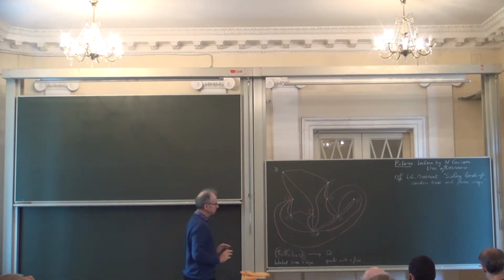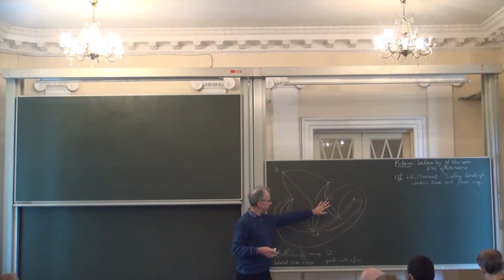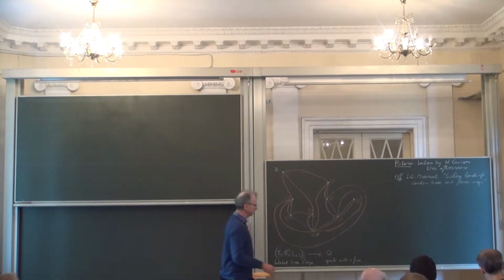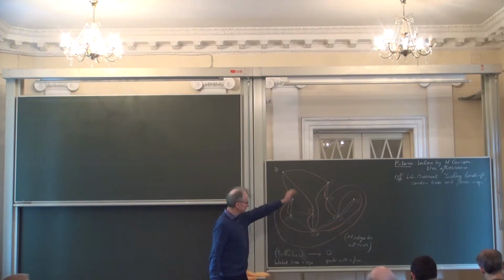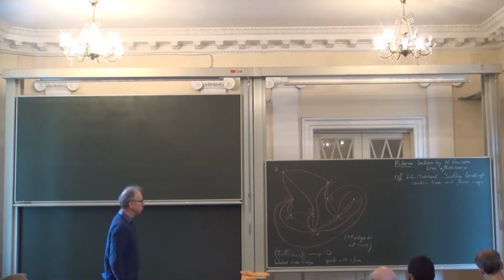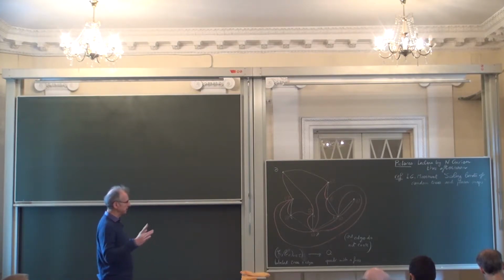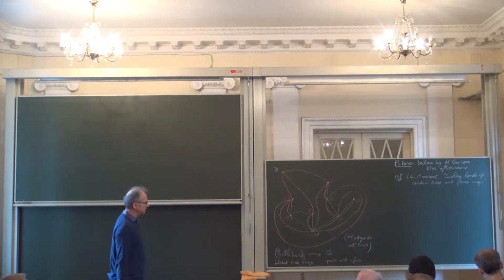Something I did not say yesterday, but which is of course important, is that you can draw all these red edges in such a way that they do not cross. In fact, they also do not cross the white edges, but this is less important. So what we get is really a planar map. A planar map is an embedding of a graph. When I say embedding, it means that the edges are not allowed to cross, of course.